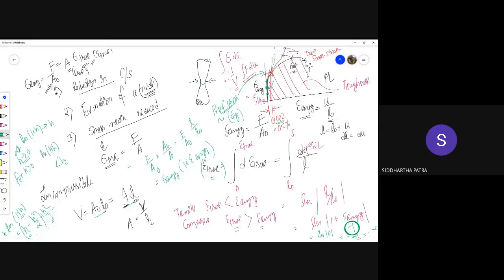If you were to unload from proof stress, after complete unloading of the stress, you'd arrive at this point on the strain axis, where you'd have 0.002 or 0.2% of plastic strain that you could not recover even after removal of the complete load. So proof stress corresponds to 0.002 of plastic strain. That way, I think I'm done with everything I had to discuss with the theory part of it. Unless you have any question, we can move on to today's video lecture, I mean the experimental part of it.